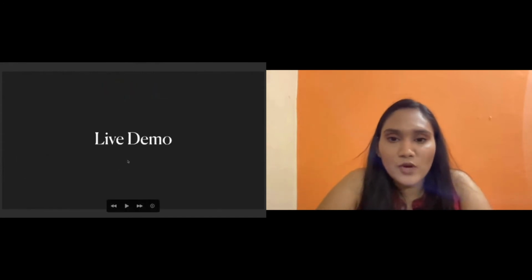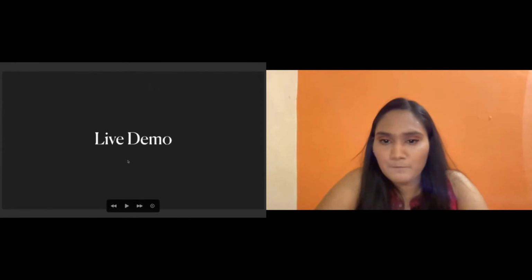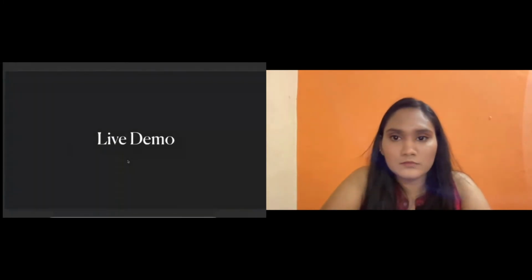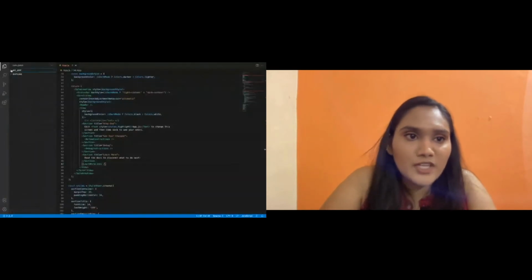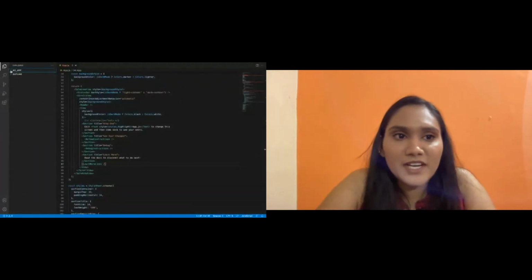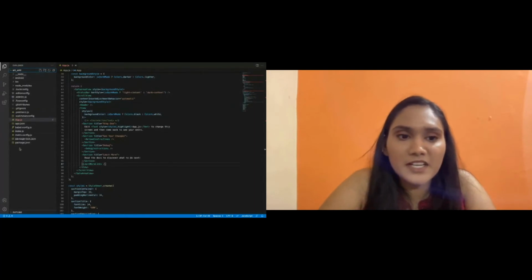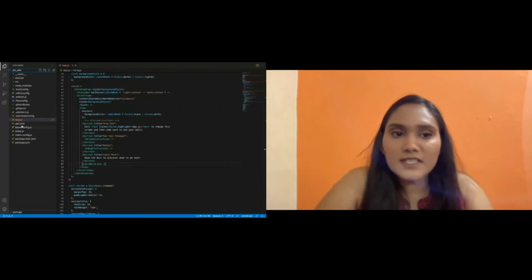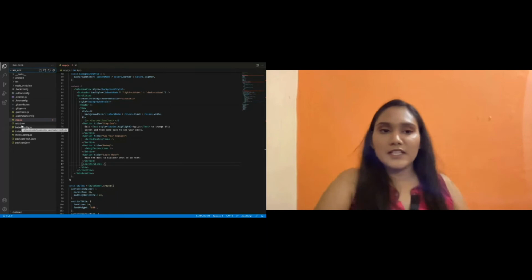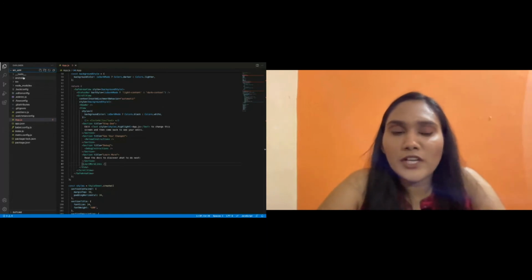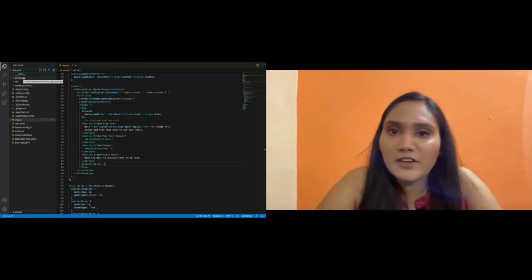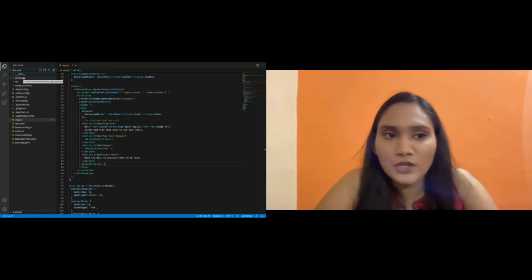Here, let me give you a live demo of the project. I was talking about the folder which was created. I have created the application my_app. This is the folder structure which gets created for you by the command React Native init. As you can see, there is an Android folder. This Android folder you can open directly in Android Studio and run the play button. It will work successfully for you.